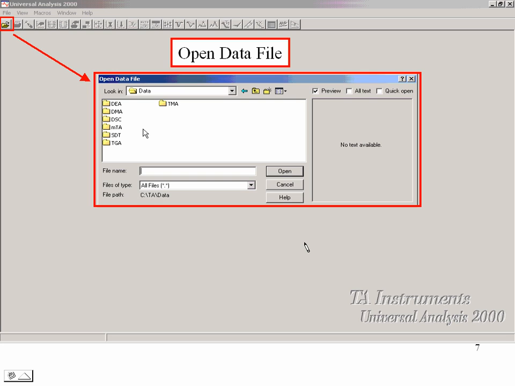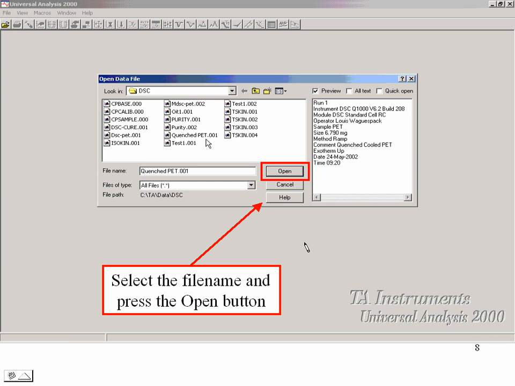And then this is the desktop you'll see. Click on that icon up in the top left corner, a little folder opening, and you'll get this Open Data File dialog. This is basically a standard Windows dialog with a minor modification. So what you do now is navigate to the folder that you're interested in. In this case, I went to the DSC folder and picked the file quenchpet.001, and you'll notice over here